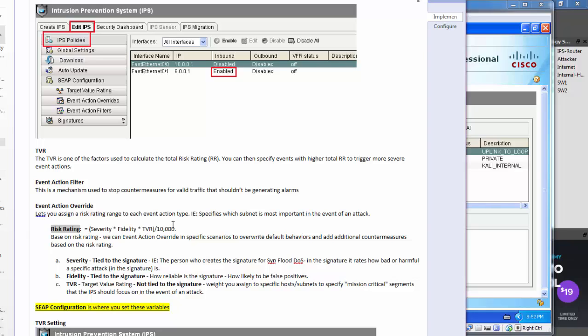Then you have the event action filter, which is a mechanism used to stop countermeasures for valid traffic that shouldn't be generating alarms. And the event action override, which is actually very important as well. You can assign a risk rating to each event action type, so you can manually lower a risk rating for an event action type. An example I have here is,